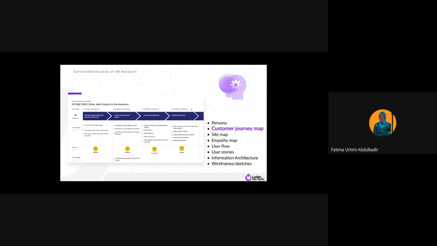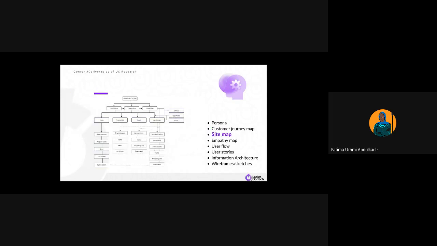Okay, so that's it on the customer journey map. That's a high level explanation. Then we have a site map. This is also a deliverable from UX research. With a site map, you are able to tell where things are, like you know what a map is. I don't even know how to explain what a map is, but you get what I'm saying. On a site map like this, you're going to see where you move from to get to anywhere, like a schema of the whole platform.